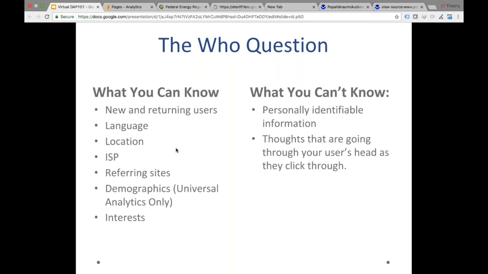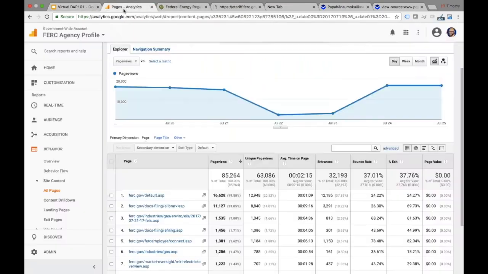I don't think anyone needs to be pinpointing folks in any specific rural location, but it's pretty accurate for getting within a certain area of a town or city. And it's certainly accurate when you're looking at state or especially country, things like that. Another interesting thing is that you can look at a report for internet service provider. So check this out. If I go to audience,